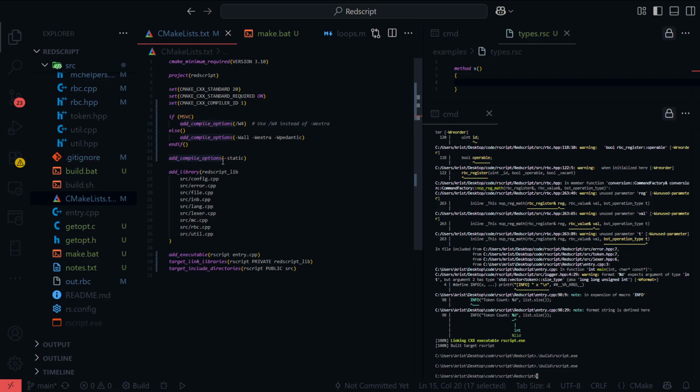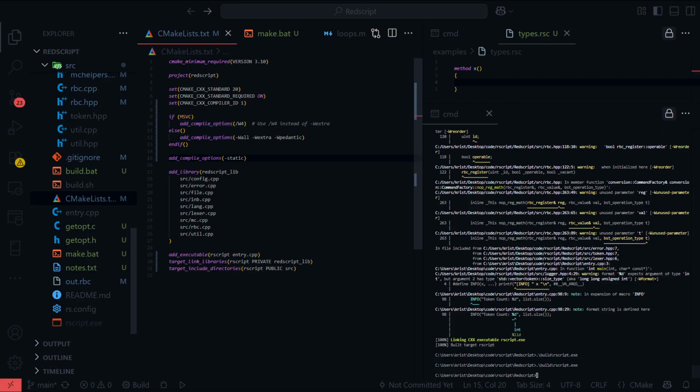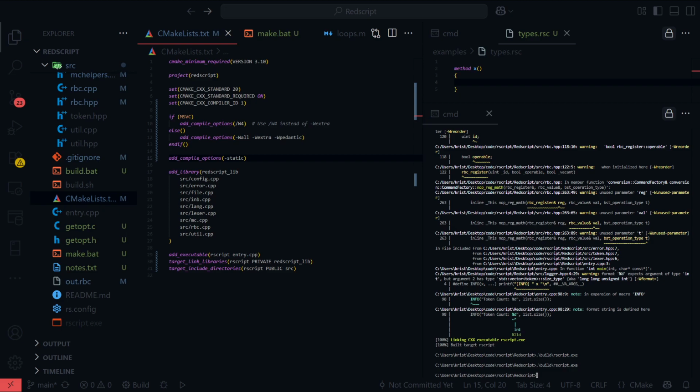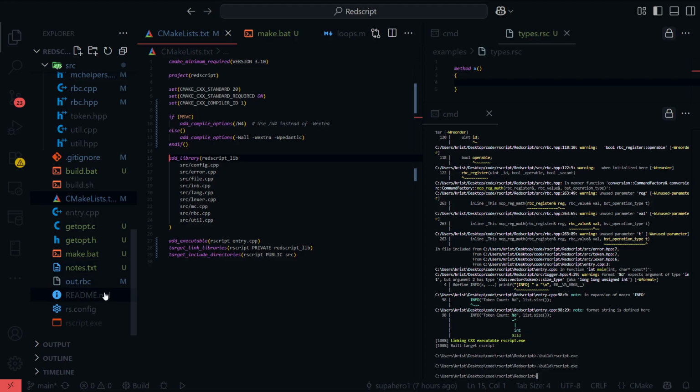But it says dash static. Why isn't it running? I'm just so confused. Okay, let's not do that, and let's go into build.